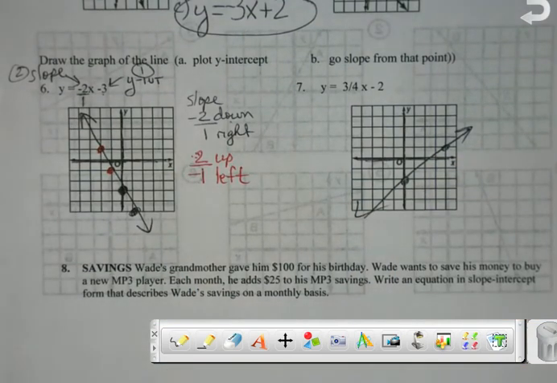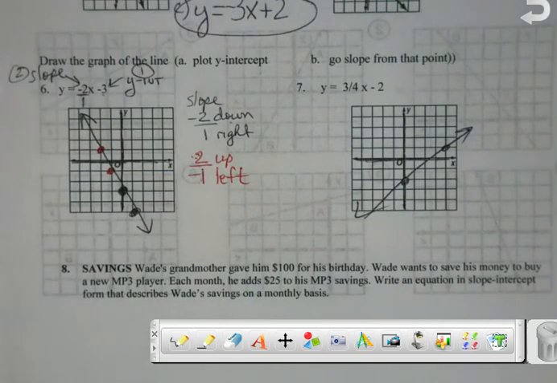See if you can make it work on yours. Just remember, the y-intercept you're graphing first. And once you get that y-intercept put in there, then remember the angle by itself is